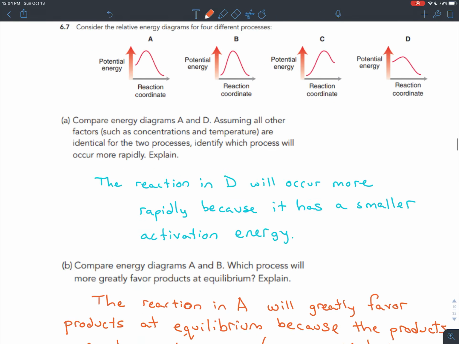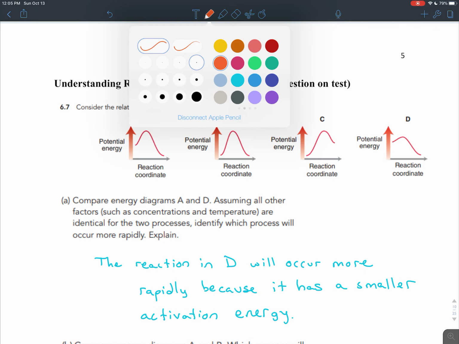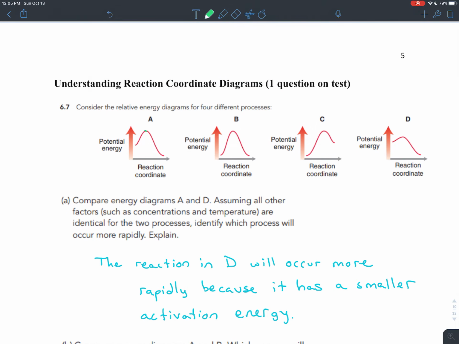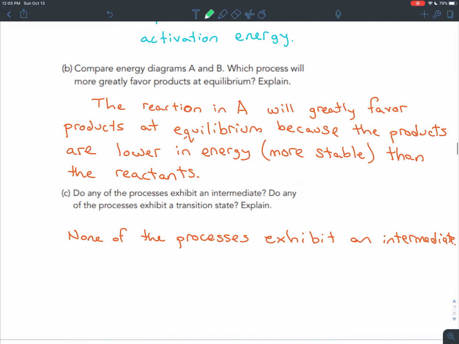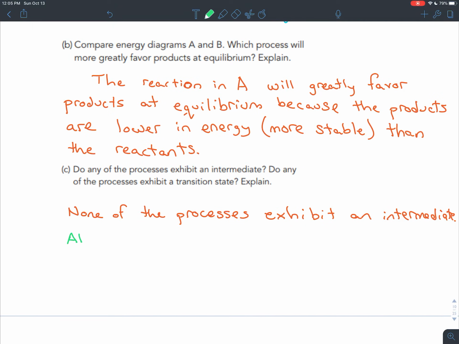Do any of the processes exhibit a transition state? Yes. Every single one of these processes exhibits a transition state. It's the highest point of the hump where the reactant has enough energy to turn into products. Every single one of them. So all of the processes exhibit a transition state,